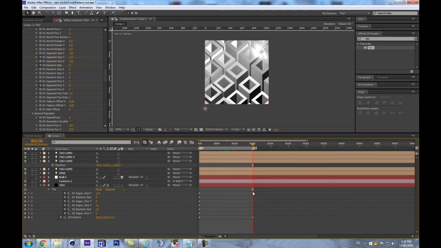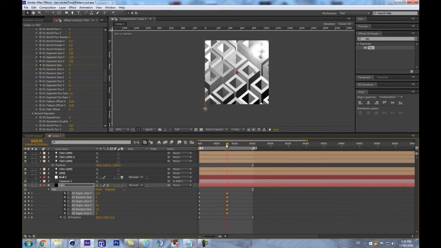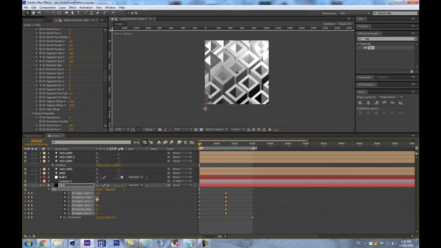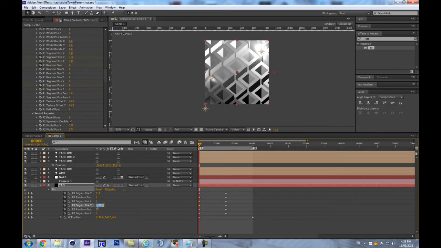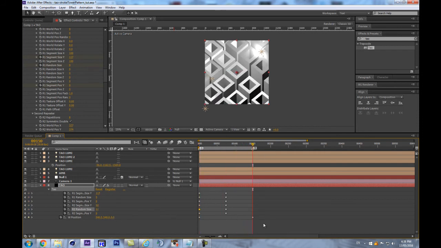Alright, so just before we create all those keyframes here, let's bring that to frame 75 here, and let's make sure everything is at 0 here, but segment size is at 100, like that. And we want to leave the world position offset out of all that, so let's copy only those like that,